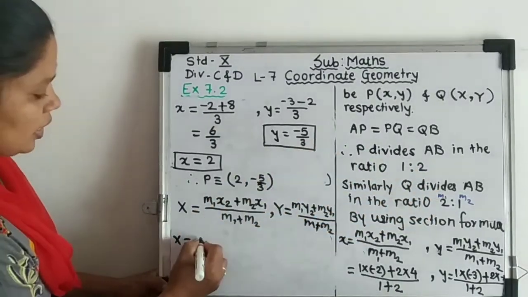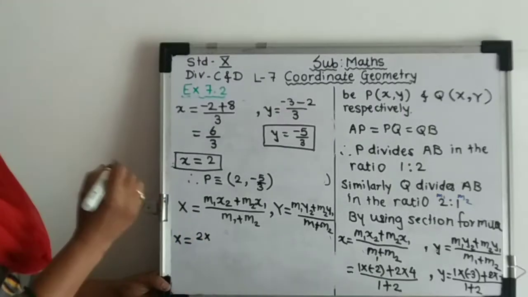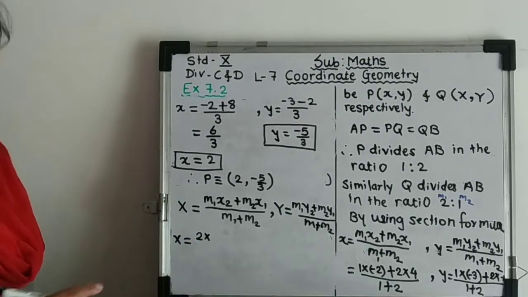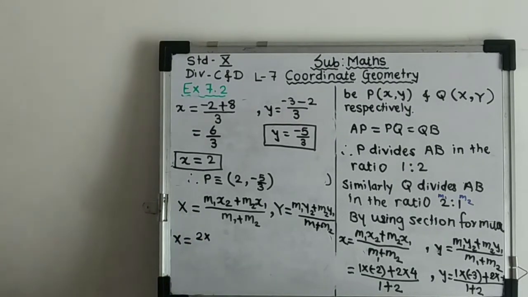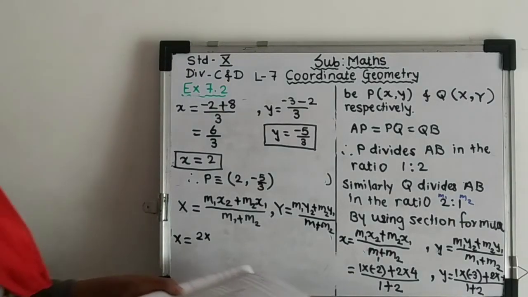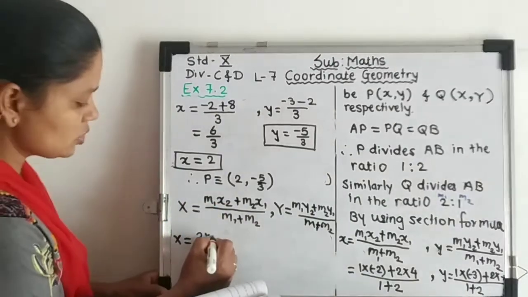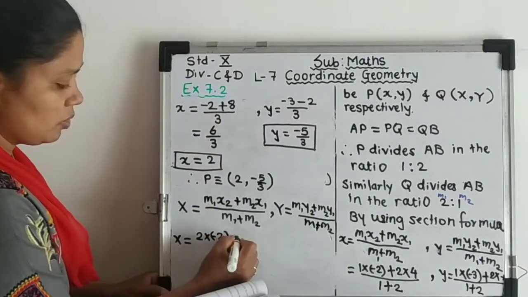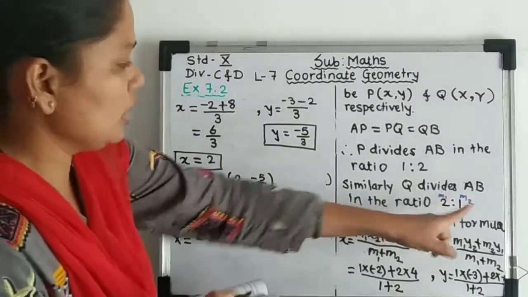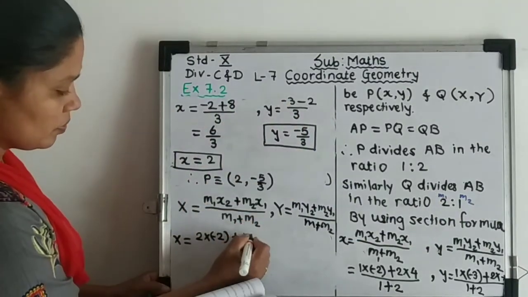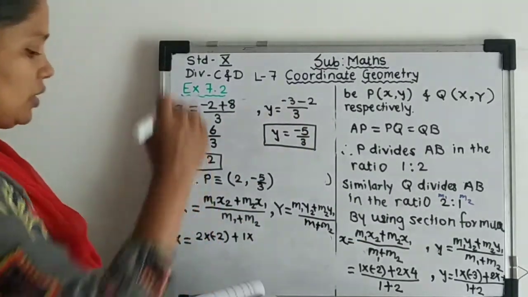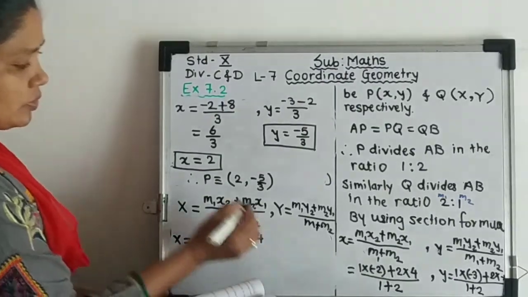So M1 is our 2 into, now X2 is what? Our X2 is minus 2 plus M2 is 1 into X1 is what? 4